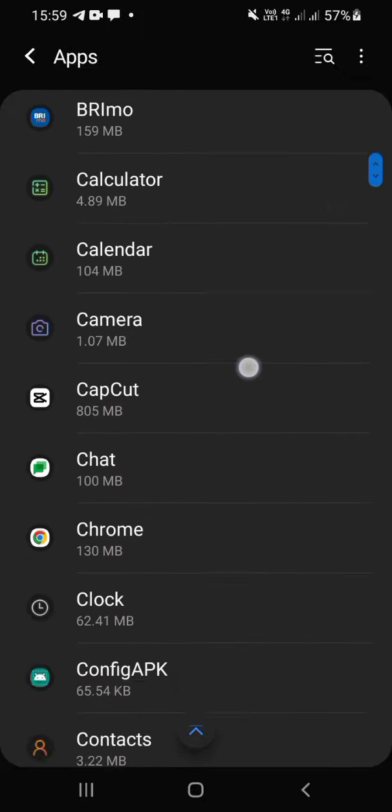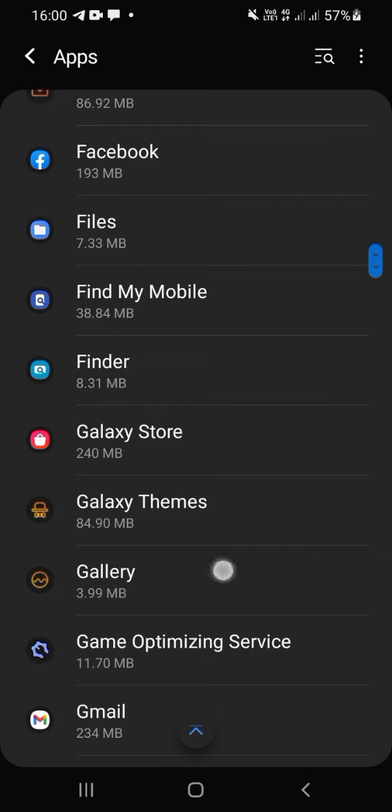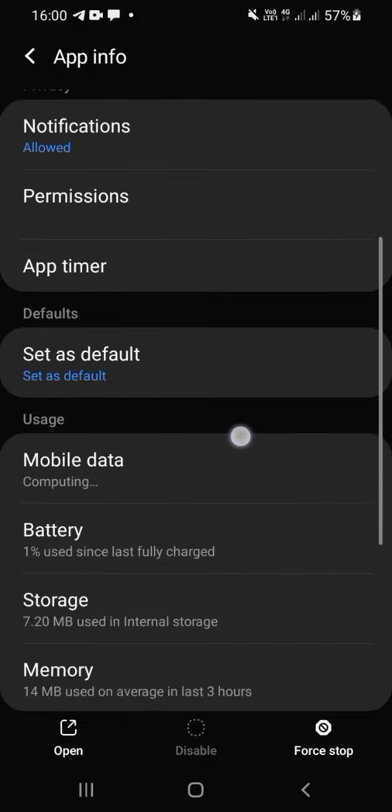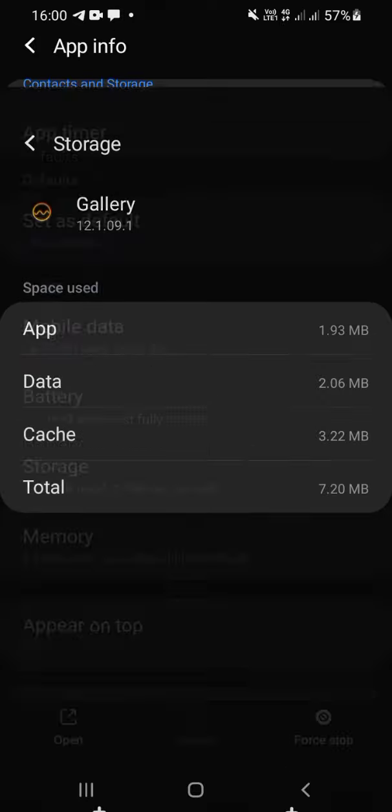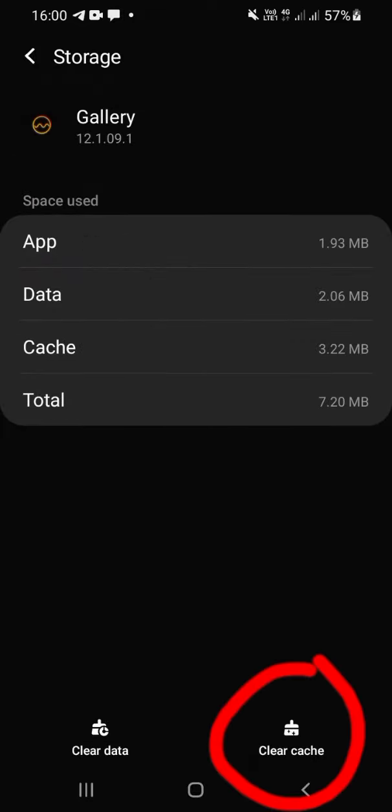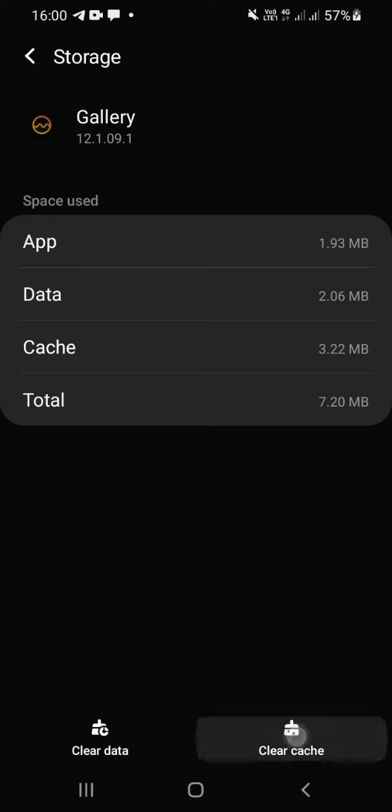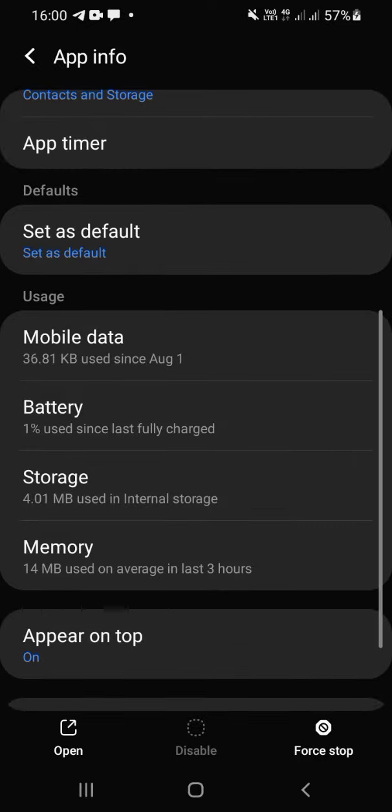what is that? I'll go with Gallery. Okay, and then you can choose storage right here and then click clear cache on the bottom of your screen. All right, and then click the back button. And then click it again,